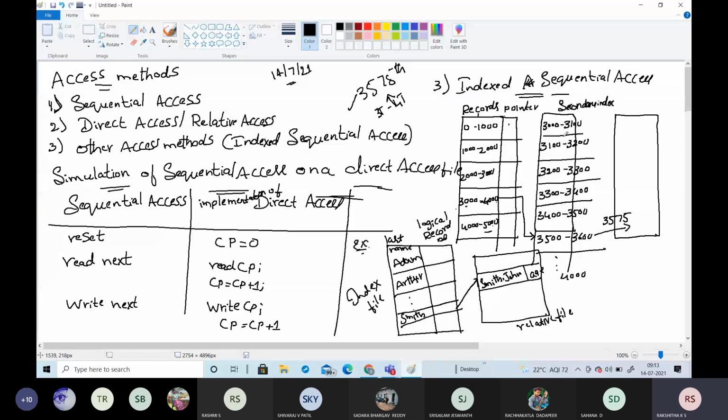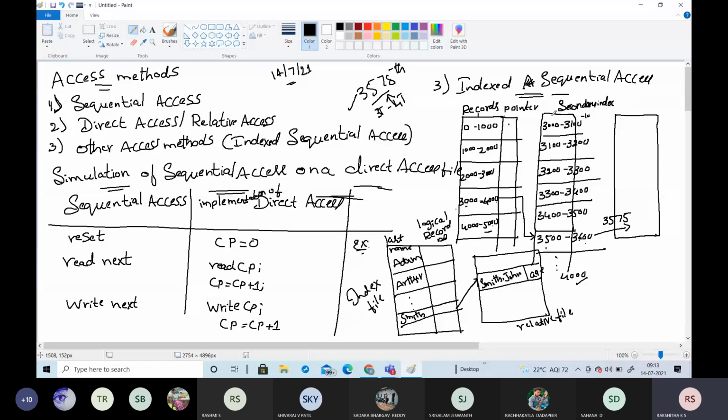The secondary index contains only 100 records per block. For example, the entry for 3,000 to 4,000 in the primary index points to the secondary index, which contains 3,000 to 3,100, then 3,100 to 3,200, and so on up to 4,000. So in the secondary index each block contains a minimum of 100 records. The 3,000 to 4,000 entry may point to this particular value, here 3,500 to 3,600. So whatever value we require will be present between these two secondary index values.